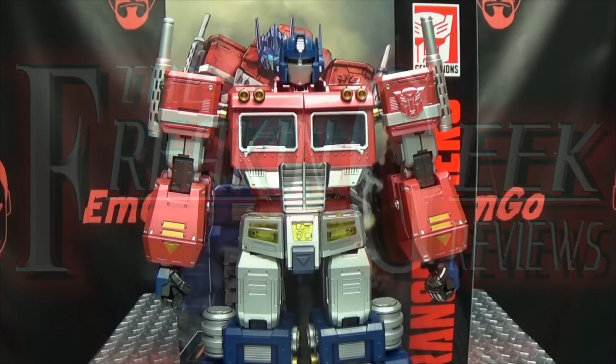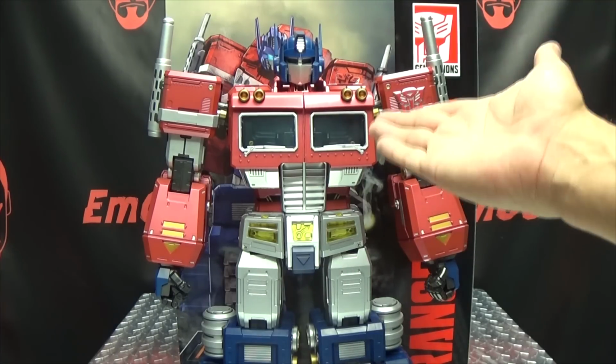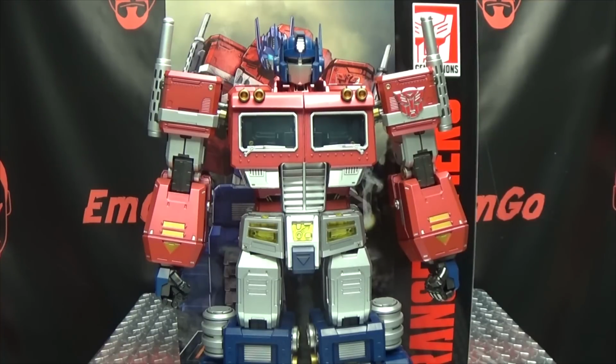Hey, what's up my peoples? EmGo here, the freaking geek himself, and today we will be reviewing the Toys Alliance Transformers Mega Action Series, Optimus Prime. So here we are, and there he is, and first and foremost, as always, we'll take a quick look